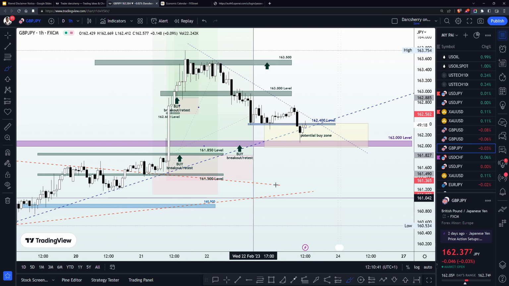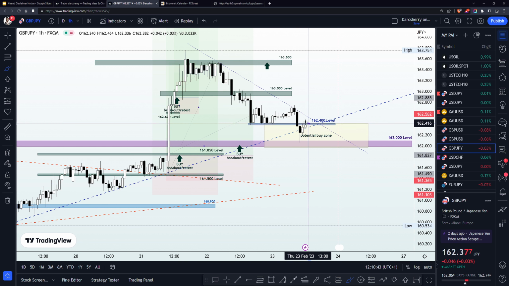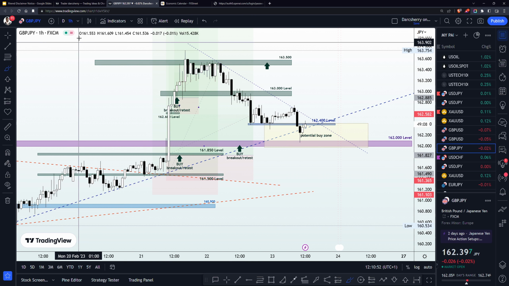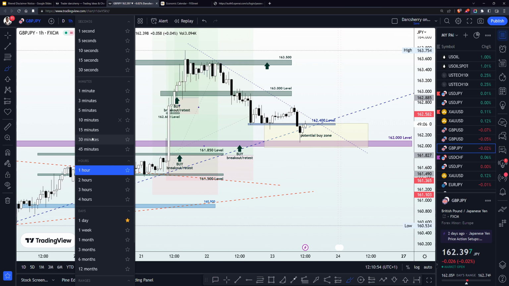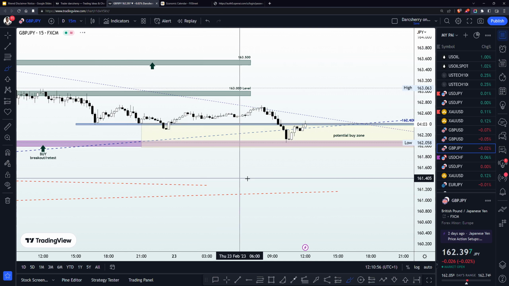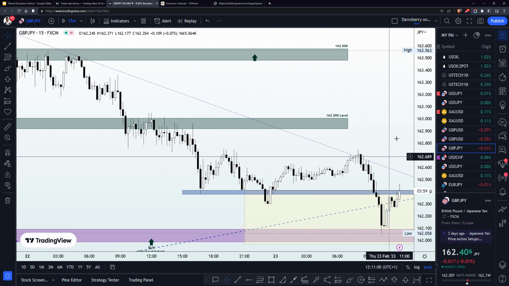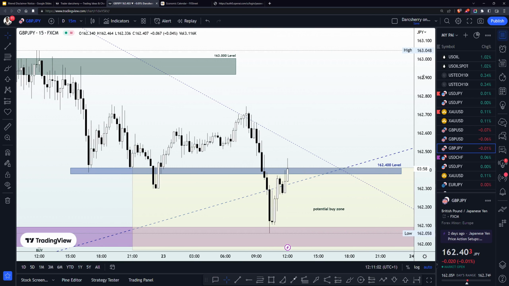So in order to have a better perspective here, we were able to scale down to a much lower time frame, like the 15 minutes time frame, to look out for buying opportunity around this area. And when we scale down to the 15 minutes time frame, which I will be doing right now, so that we can have a better perspective into what we talked about, we saw the situation here.